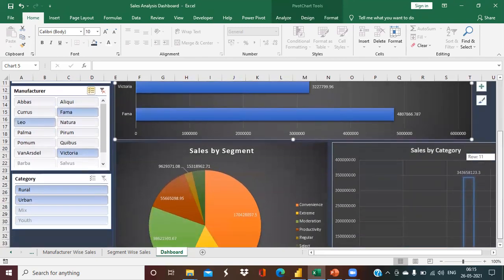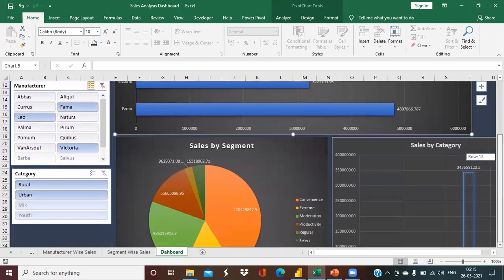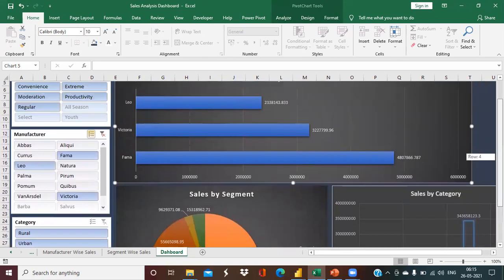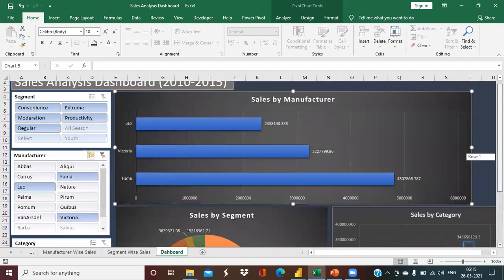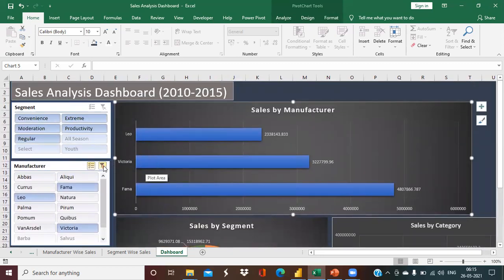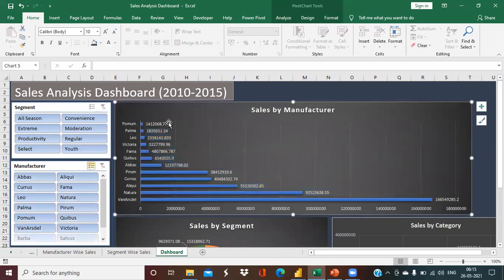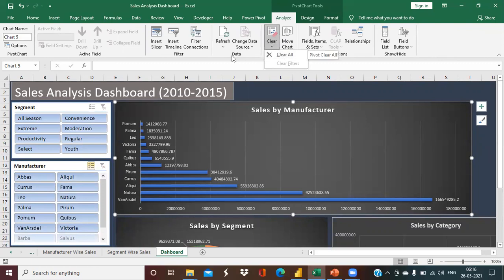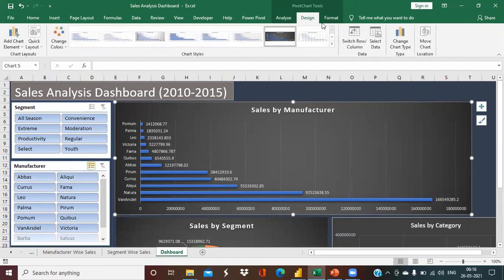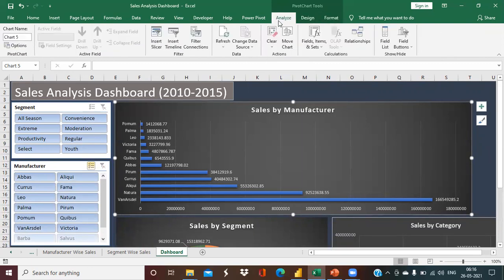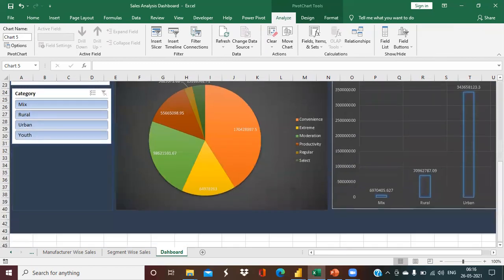What the problem is, my other two charts are not getting filtered. Only this single chart is getting filtered. And the reason for that is absolutely clear, because when we created the slicers, we had selected this chart. I'll clear all of it, as I think it's already clear. So that's fine. What I'm saying is when we created the slicers, we selected this chart. So that is why it is showing me the filters only.